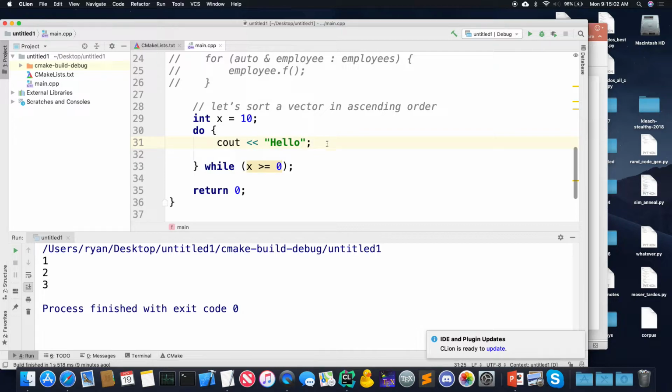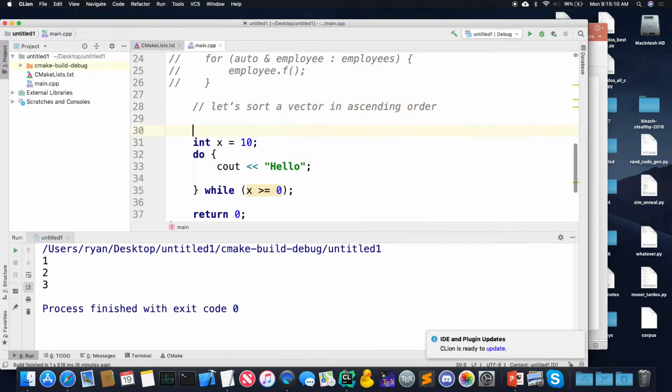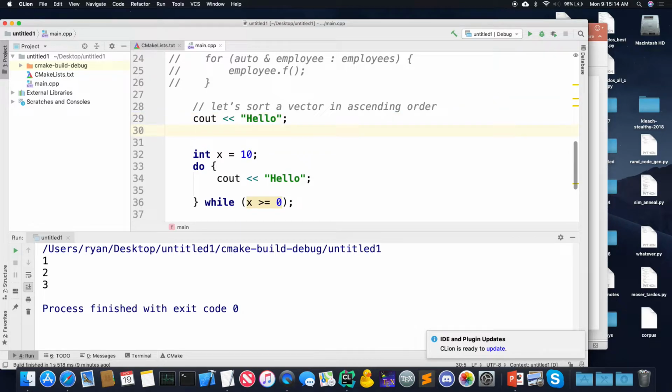So what you're saying is copy this and then do what? If instead you wanted to just use a while loop, you paste that in front of the while loop, and then you have the while loop with the context of it as well. While x is greater than or equal to 0, cout